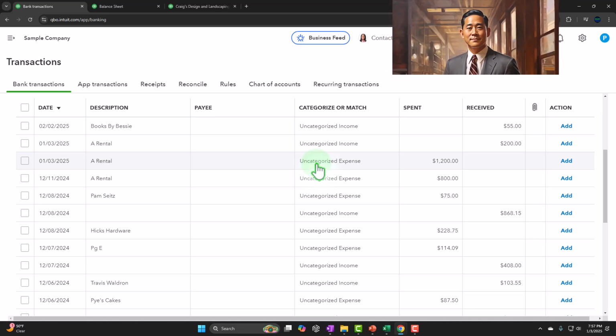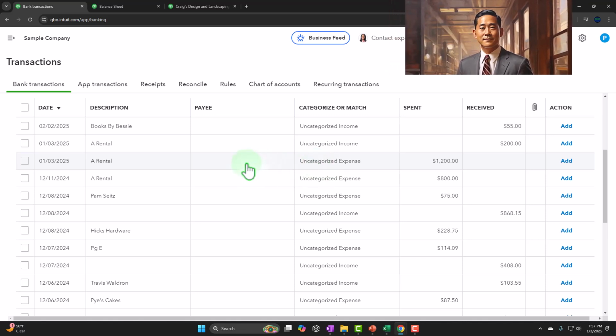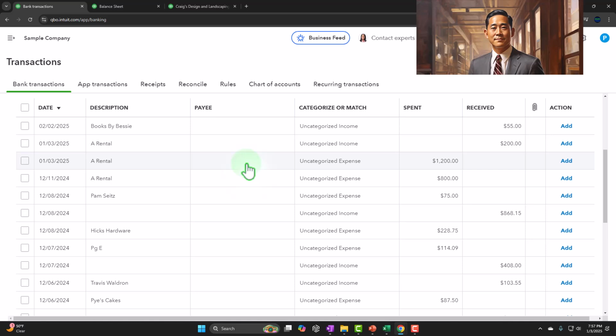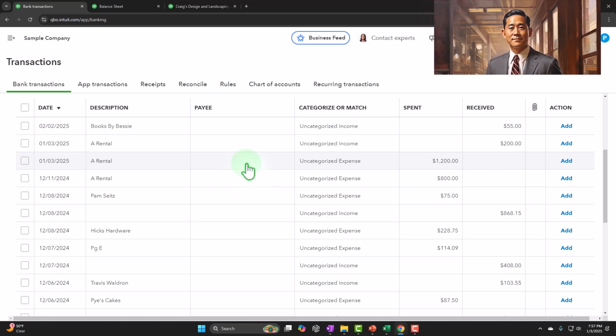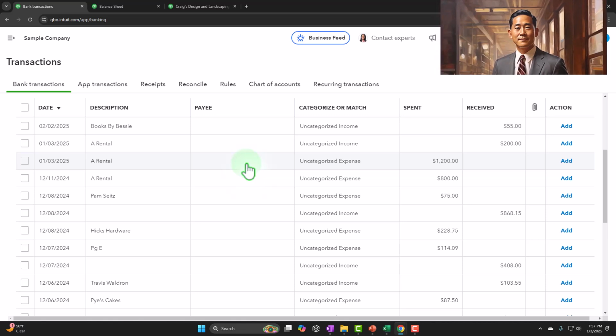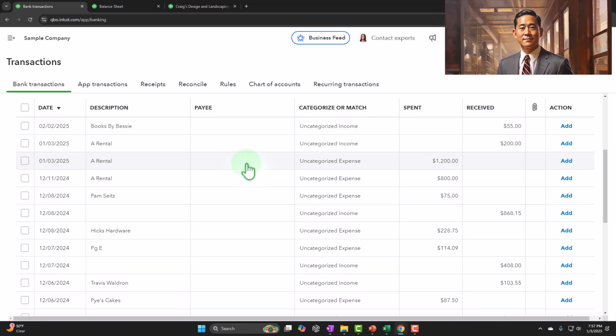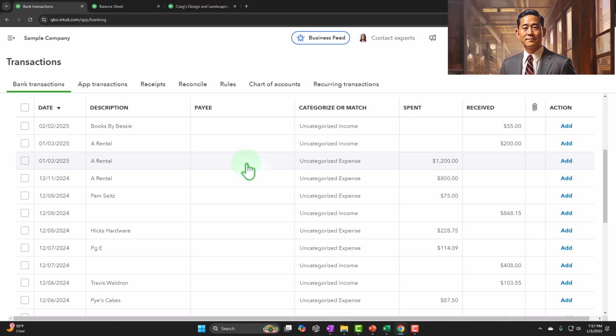And it's going to give us the information that we might not necessarily need to record the transaction, but should be putting in place so that we can track more information if we need to, that being the payee, or in this case, the vendor who we paid the money to, so that we can track by vendor item. So let's first think about